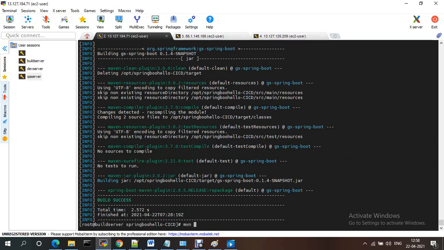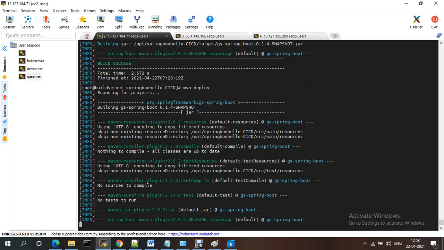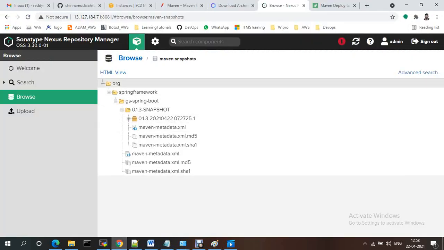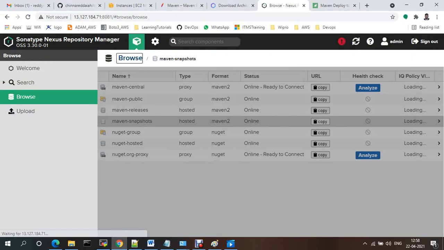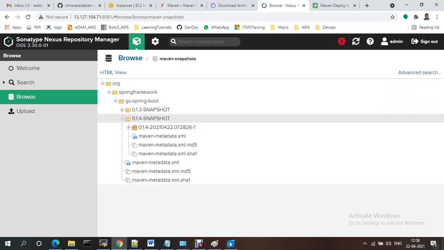Now mvn deploy. So it depends: if you don't mention anything like hyphen snapshot, it is considered a release. If you mention it, it goes to the snapshot one.